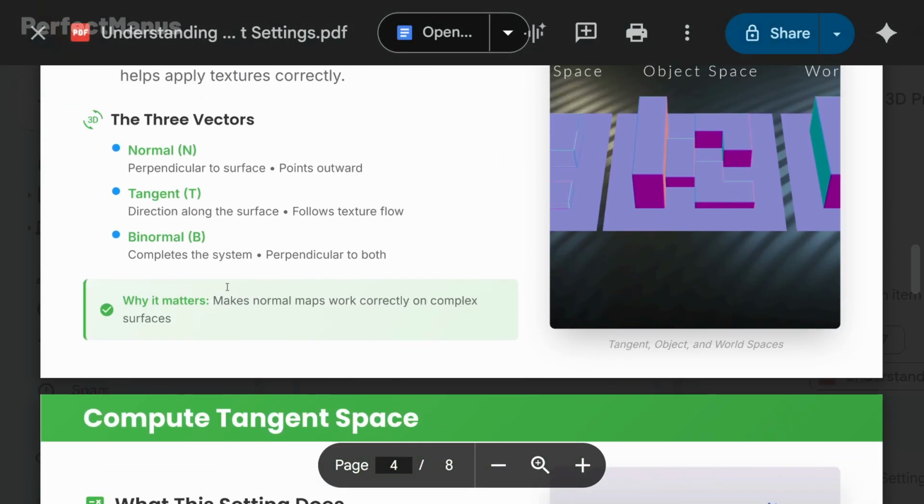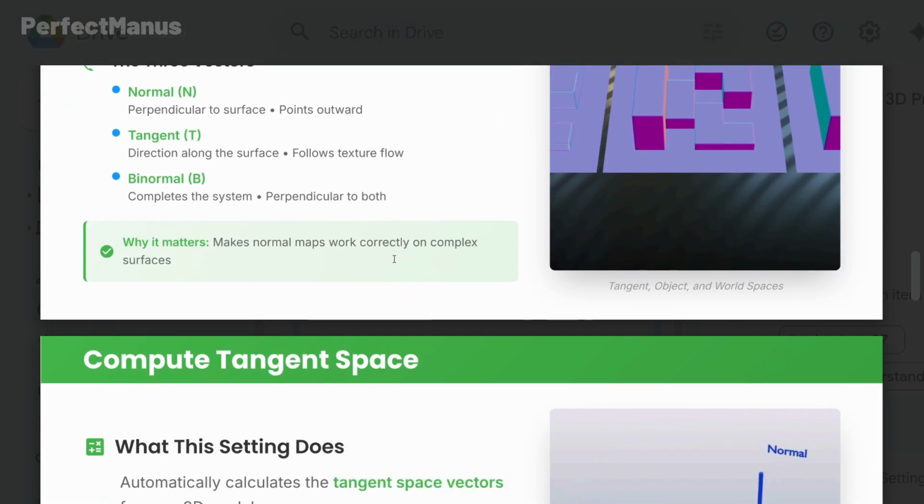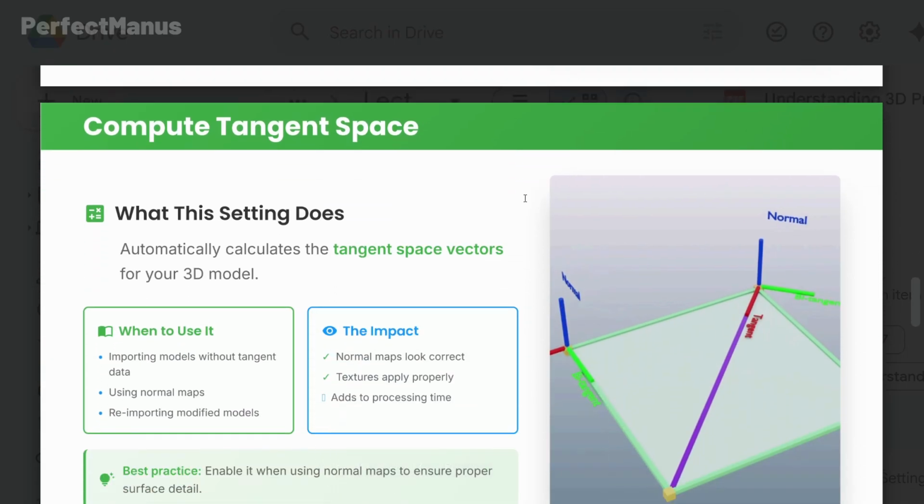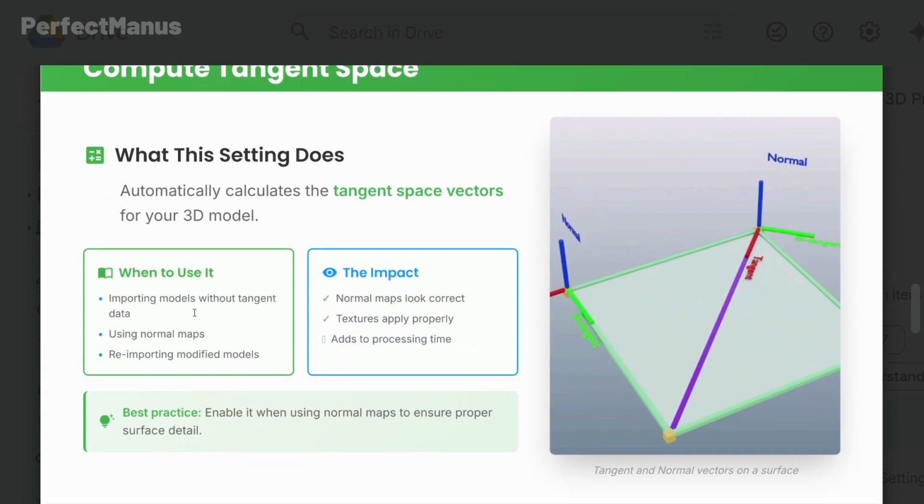Okay, so it matters for the normal map if it works correctly or not, but you don't have to always enable it. The only case you have to enable it is when you are using models which don't have any tangent data. Okay, most of the models you are creating in Maya or other softwares will have that data combined with them while you are importing it here. They know the data where their normals are for every surface. Well, okay,